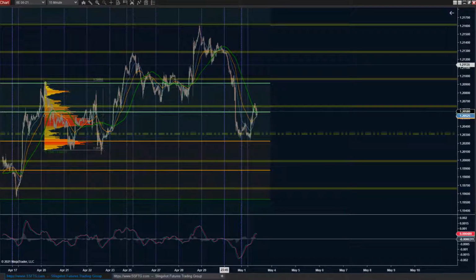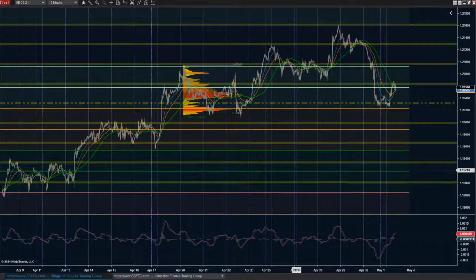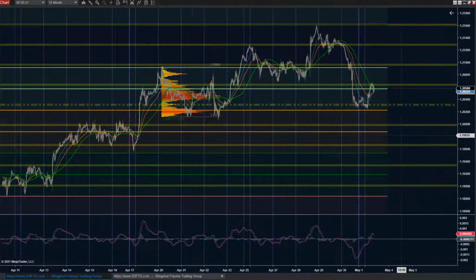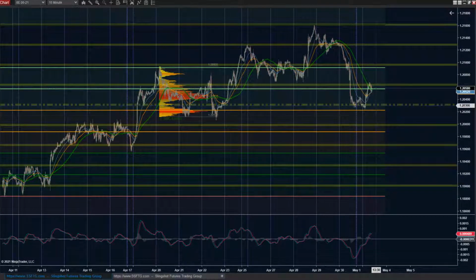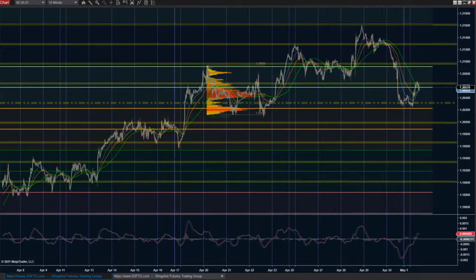Zooming out a little bit and utilizing just a touch of common sense, this big move to the downside is pretty likely to at least not stop immediately. Probably going to see it churn back down again and get stuck here for a bit.